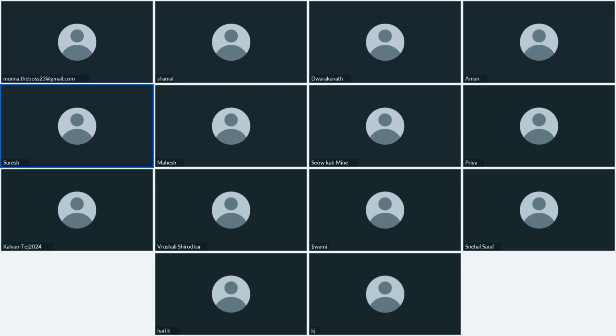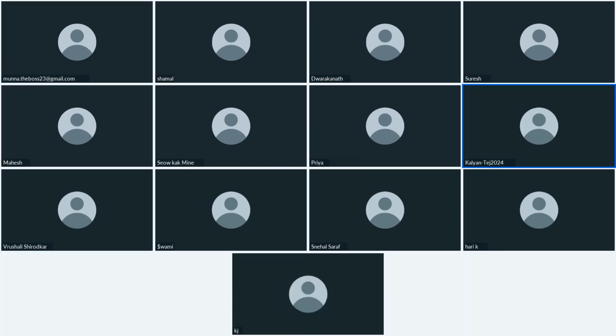So, what is a constructor? A constructor is used to initialize the object. Correct. Whenever we create a class, by default a constructor will be created, the default constructor. A constructor does not have a return type.